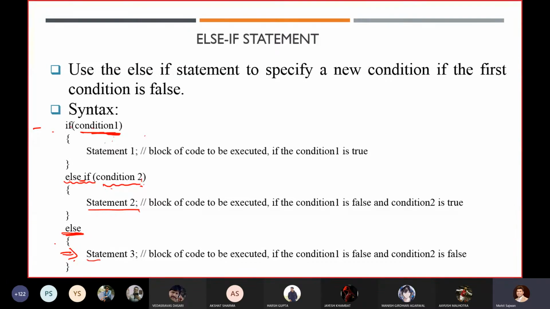And always remember, we cannot write this else statement ahead of the else if statement, otherwise you will get an error. The flow of your program will always be if, then else. You cannot start a program with else.